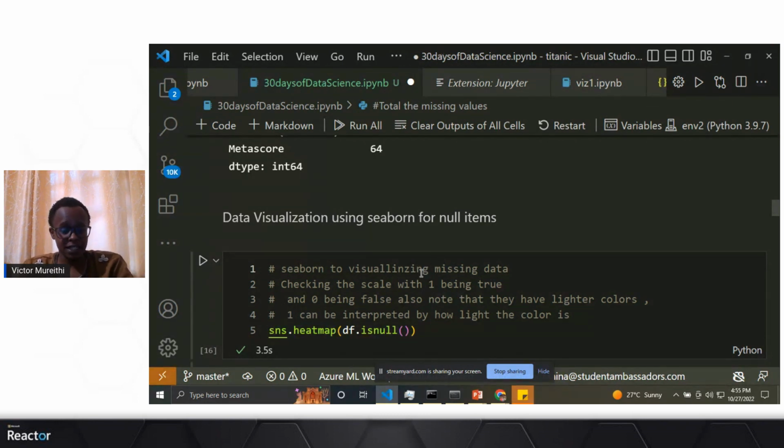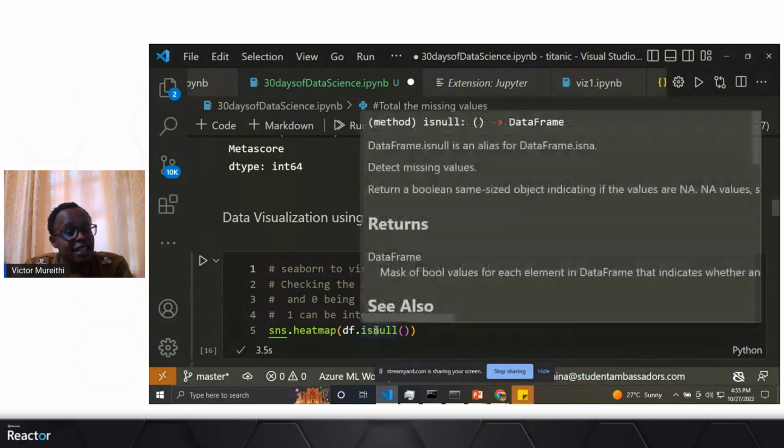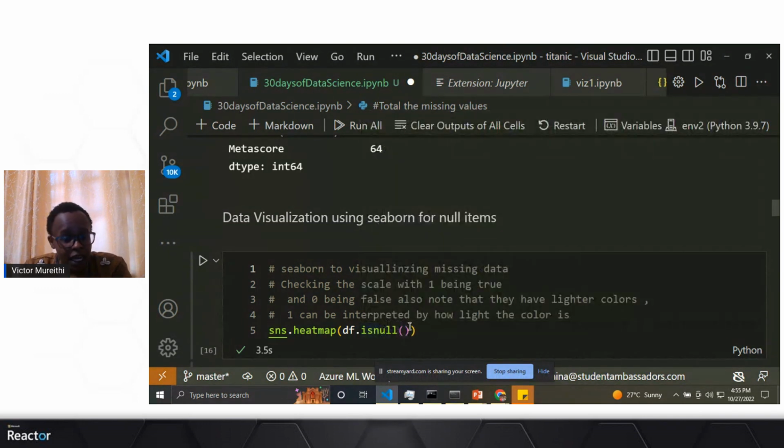When we run this line of code, it says Seaborn, draw for us a heat map that shows what number of null records we have in our data. So it says df, the data frame, what number of null values do we have in our data frame. So when we run this code,